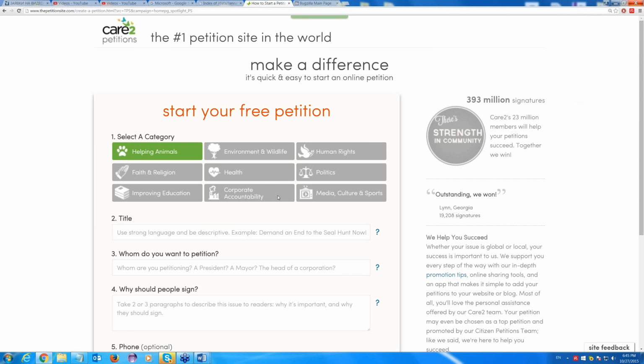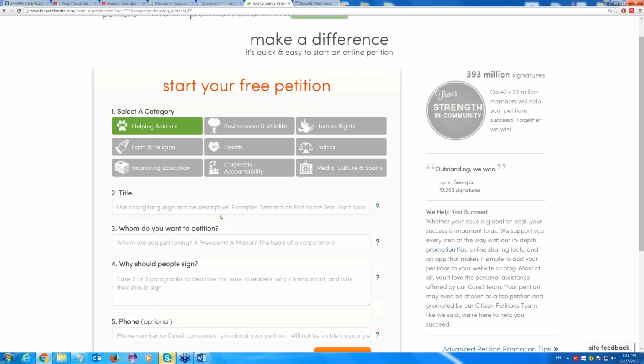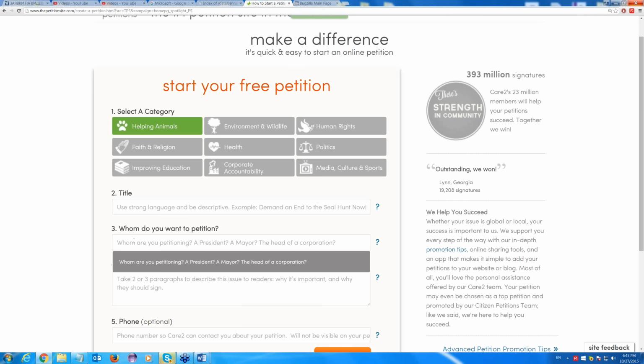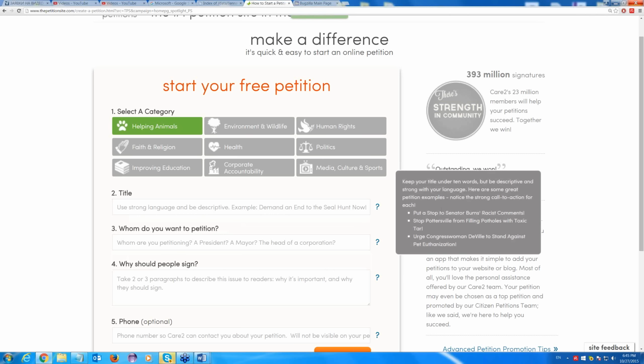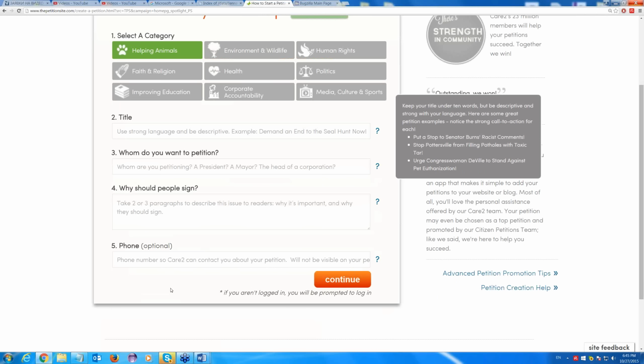We have some things here. We can select the category. We have to complete some fields. We have to enter some data to the text fields. We have some help: when we navigate, we can see some prompts that help us to create the petition. We also have some optional fields. I just want to mention that